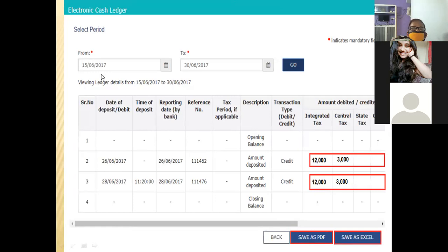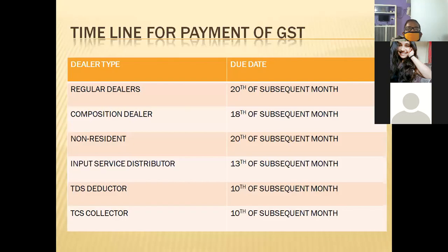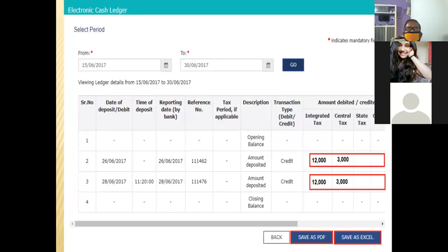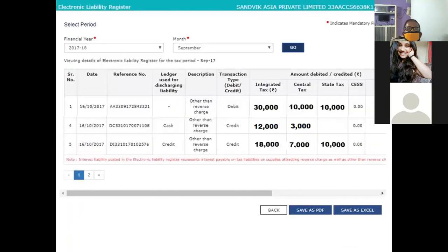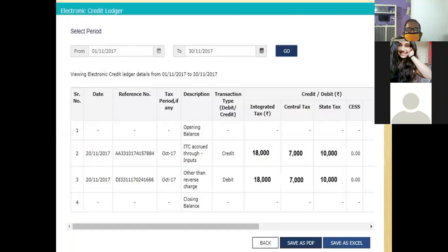When you make payments, you will find them in the debit column. He has not made any payments here. So this is the format of the cash ledger, liability ledger, and credit ledger.